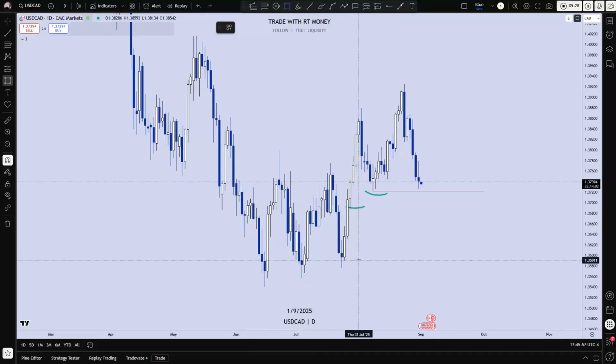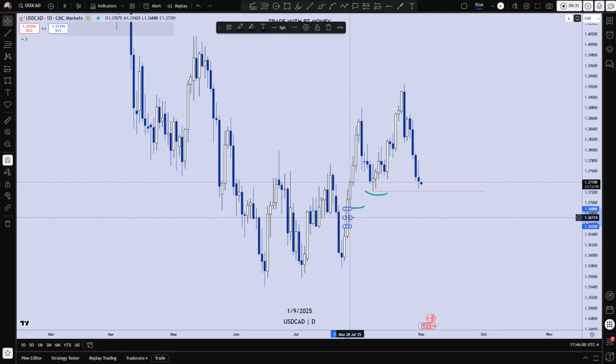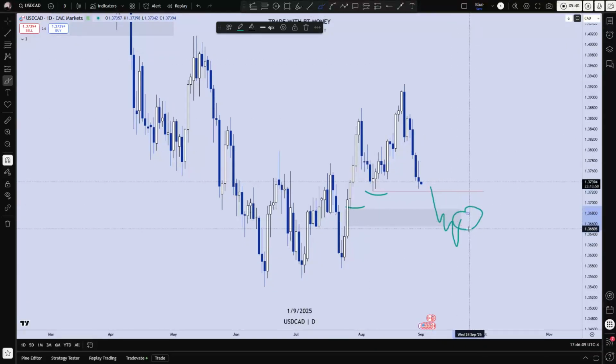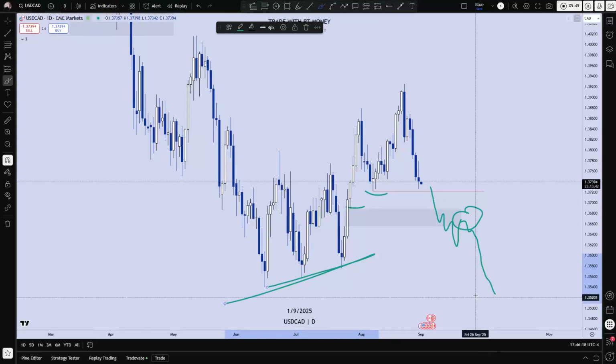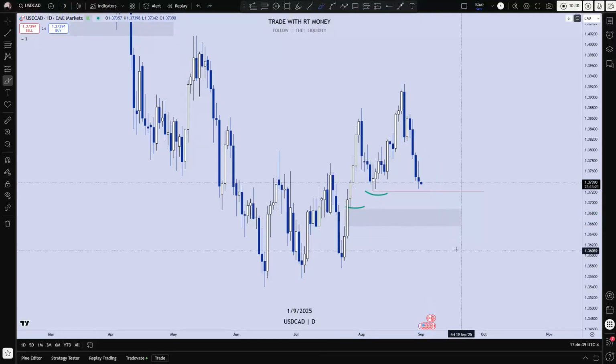I'm going to look for the reaction after this low is taken, and possibly this low. Once we hit that low, that is a bullish fair value gap. I want to see how price reacts there. If the fair value gap fails, I'm looking for price to invert this into an area of resistance and come after these ascending lows for liquidity. So right now, yeah, I'm bearish. There's no reason to be looking for buys right now, unless we get a bullish break of structure here or here in this bullish fair value gap. But those lows are what I'm looking at.